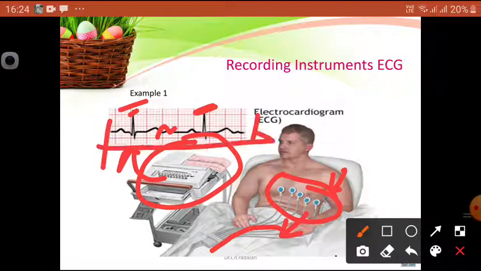What the beating is, we can easily understand by connecting the probes on a human body. So this is recording, and in the future we can see the record also. Whereas an indicating instrument has no recording, it only indicates instantaneously. But in this case we require the record for future analysis purposes. This is the one thing you have to remember.